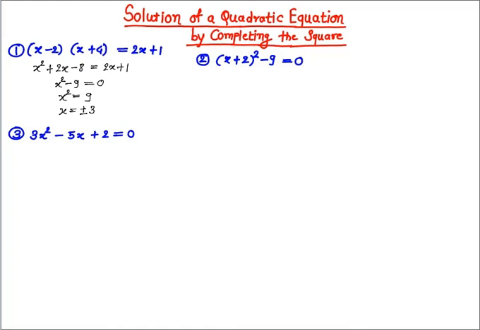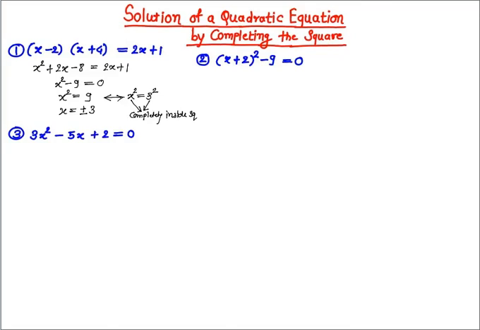Now, while simplifying this equation, if you observe this step, this can be written as x² = 3². So both left hand side and right hand side are completely inside the square. And we found the roots just by taking the square root of both sides.